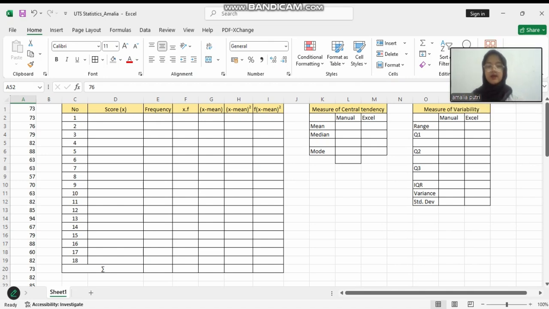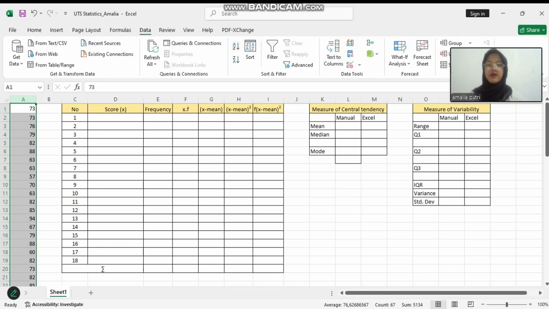set of data. Okay, the first thing we need to do is to sort the data from the smallest to the largest. How can we do that? Highlight all of the data in a column and then move to the data bar, and here is the sort feature. I choose A to Z, and then now we need to copy all of the data into the B